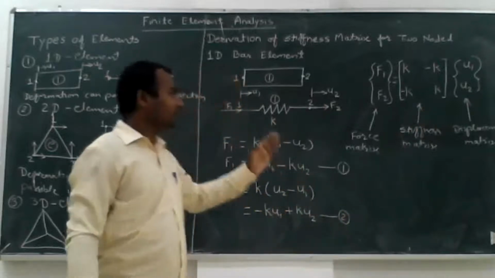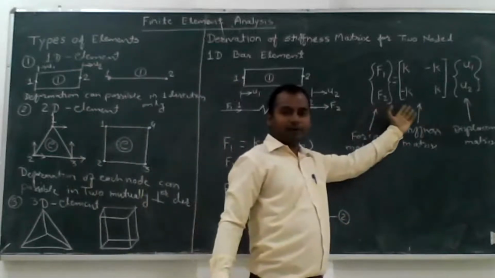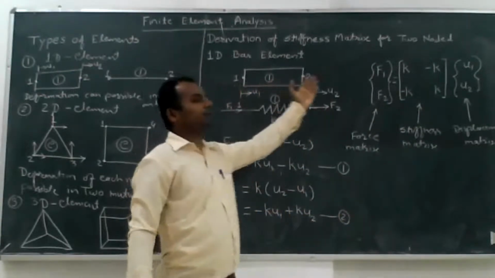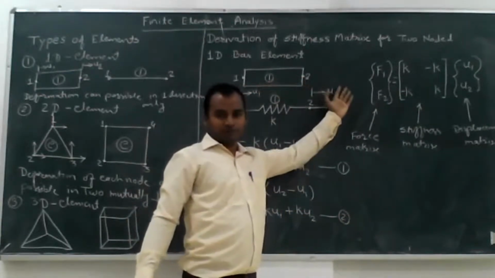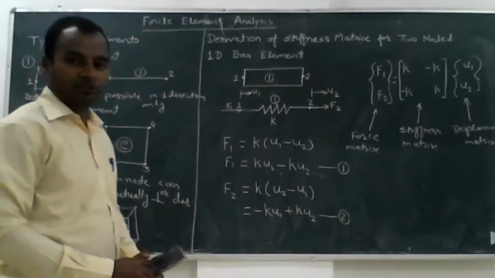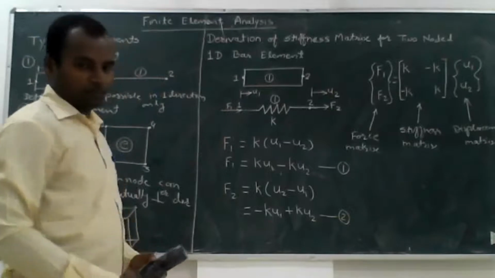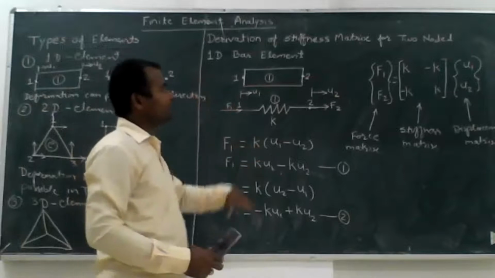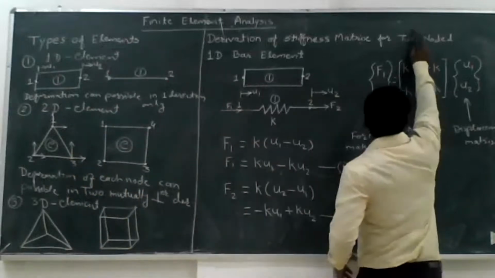Okay, and this is the elemental matrix. We have to write the number of elemental matrices according to the number of elements in the body. So this is the derivation of the stiffness matrix for the 2-noded 1D bar element. Now hereafter we will check the derivation of the stiffness matrix for